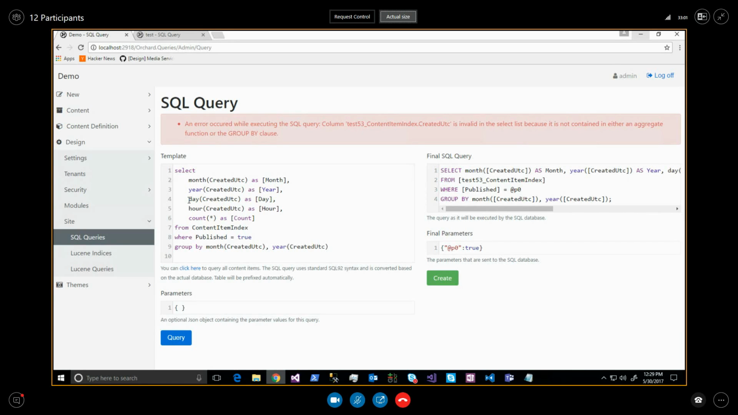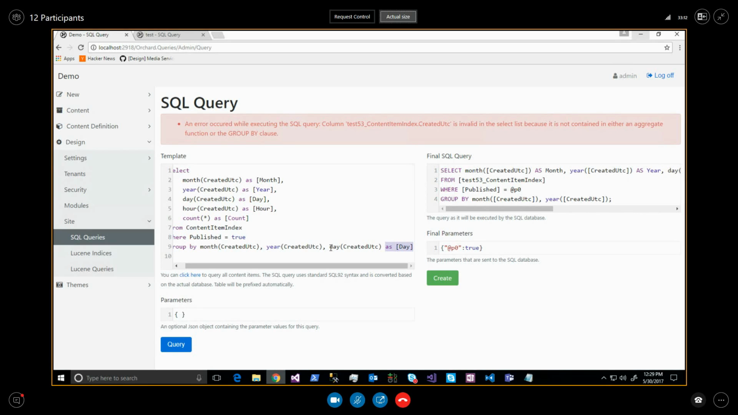Oh yeah, I can't use that. And also you see, that's nice because you get the SQL error from this one. It just says that I need to do that, group by day and group by hour. Otherwise I can't use it in the select